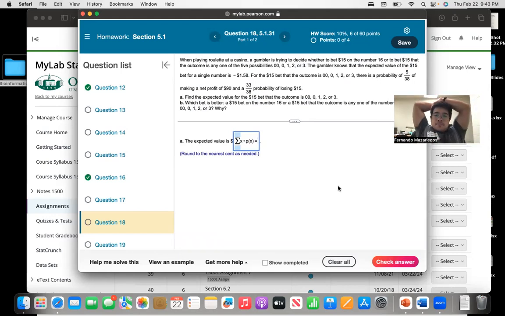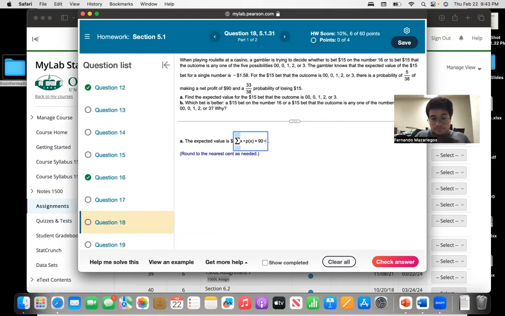So notice here, the random variable is the net profit. That is the numerical value we associate to each one of these outcomes. And if we have a bet, there are only 2 possible outcomes, right? What are they? We either win the bet or we lose the bet. So if we win the bet, what is the numerical value associated to that outcome? The problem is telling me that if I win the bet, I make a net profit of $90. So that is my